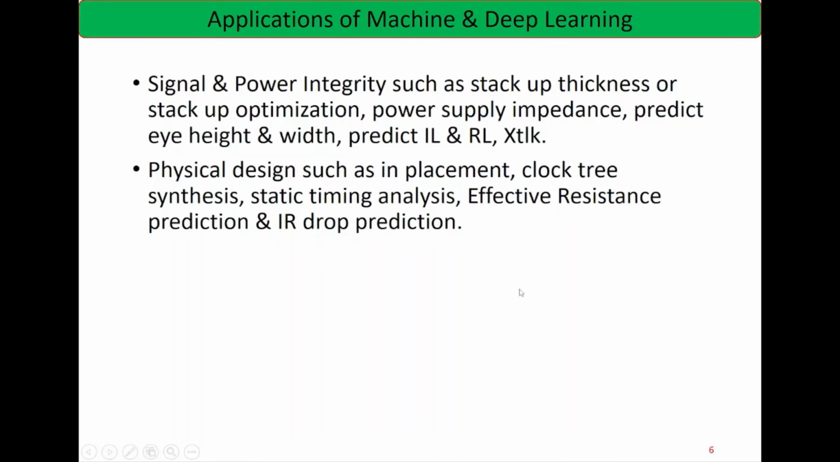Now applications, as I have discussed, applications of machine learning and deep learning. So we will discuss signal integrity and power integrity. What are the applications in signal and power integrity? Like stack up optimization or stack up thickness. In signal integrity there are multiple things to predict, and as the speed is going up, like now 400G or 800G switches or any data-centric things, speed is going up, there are many more